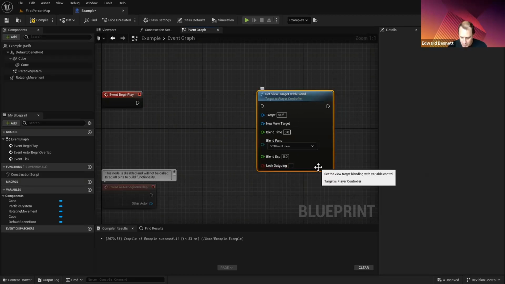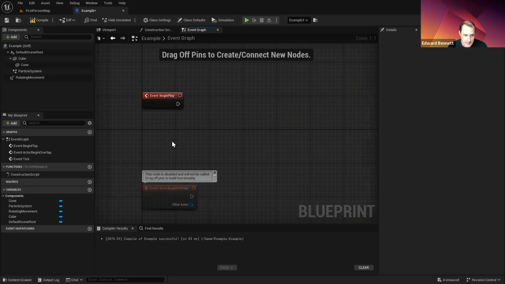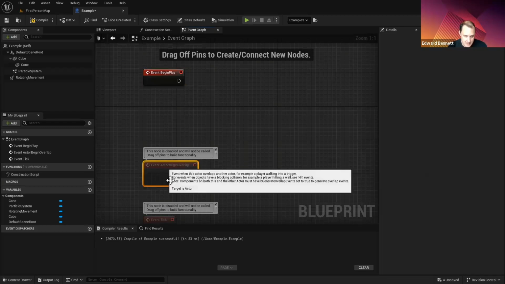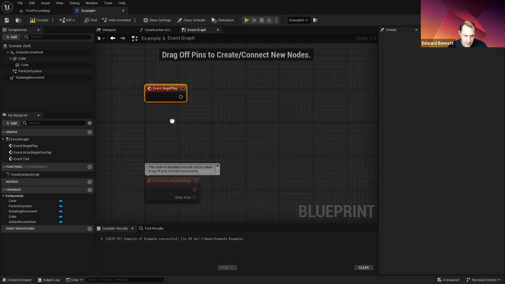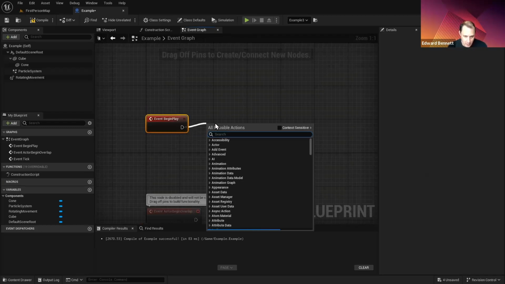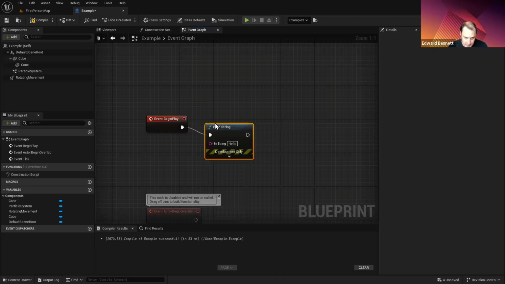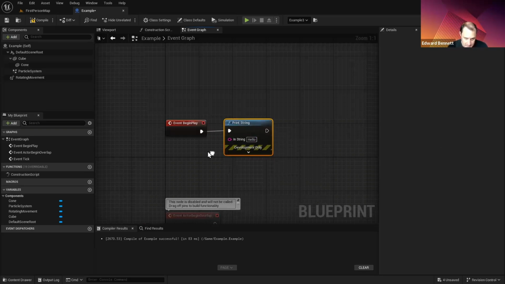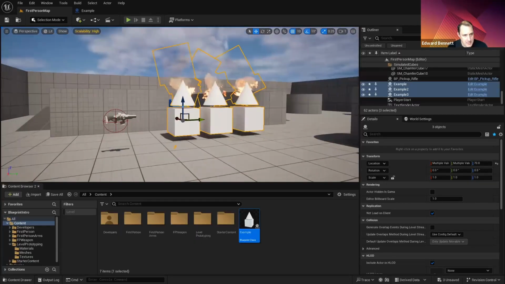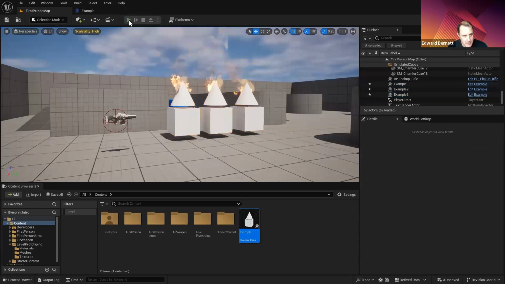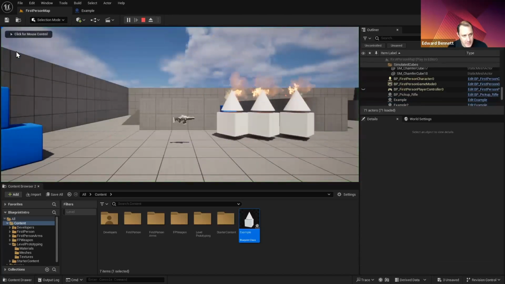Okay, so we've created nodes. Let's look at these. These are events. These red things that we got here are events. If you drag off this event, type in print string, you can see here I have a very simple node. It just says hello. It will print hello to the screen. So now, if I come into this level and I push play, you can see there are 3 hellos in